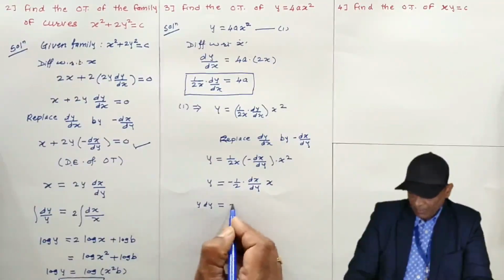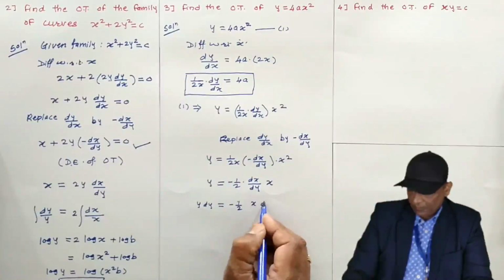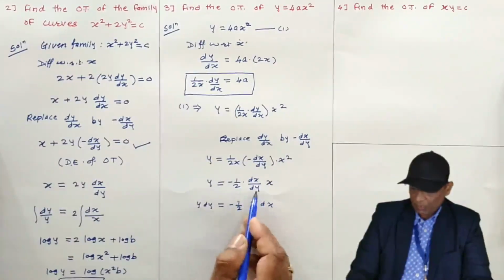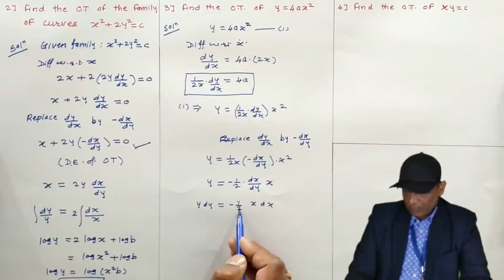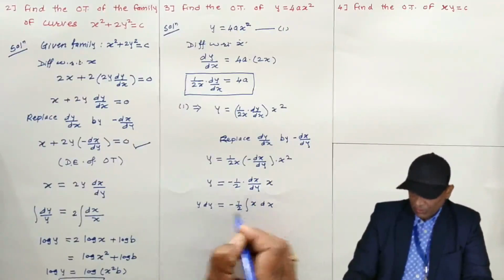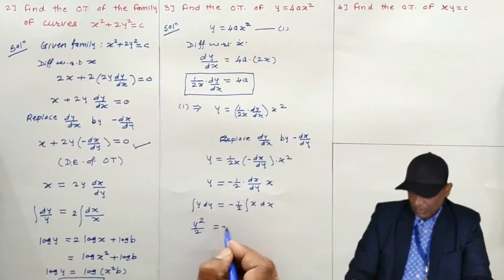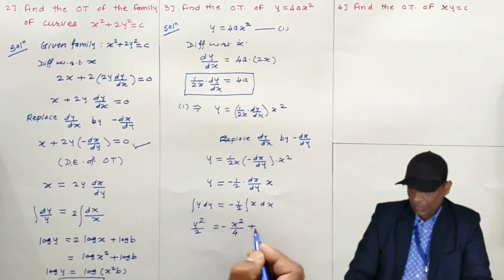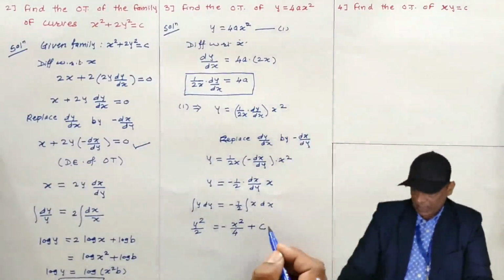When you separate variables, dx and dy must be kept in the numerator. x dx as it is, minus 1 by 2 as it is, this I have shifted here, dy. And this 2 is present in the denominator, you can shift it to the left hand side also. It is your choice. Now take integration. Integration of y is y square by 2. Integration of x is x square by 2, and 2 is already there, plus integration constant c I am putting. a is the arbitrary constant, other than a, c I am putting.